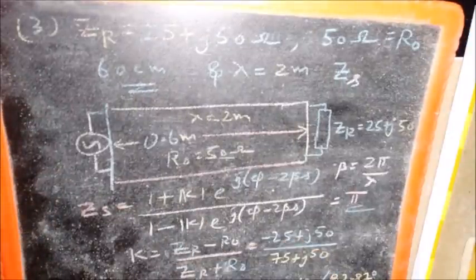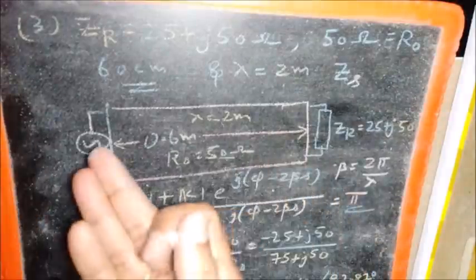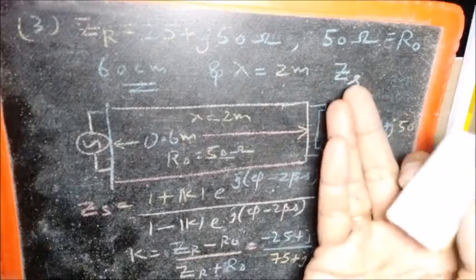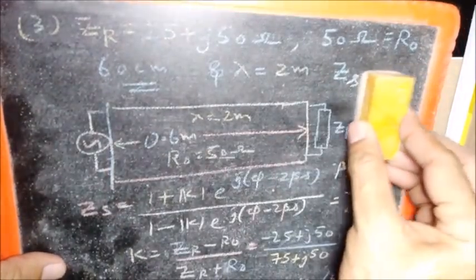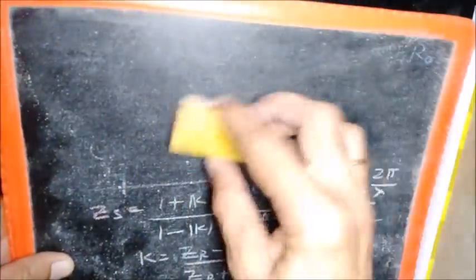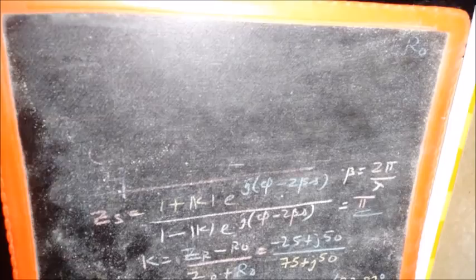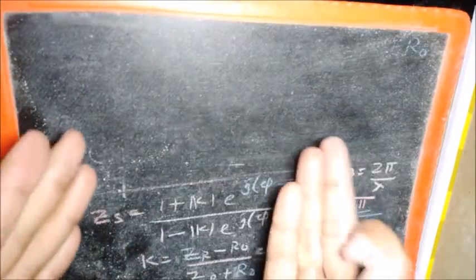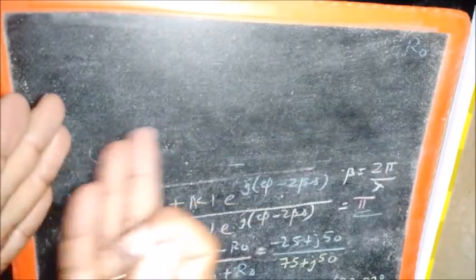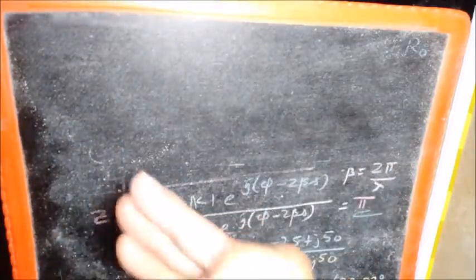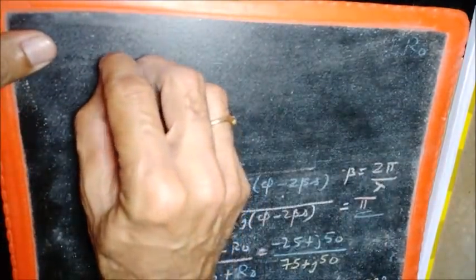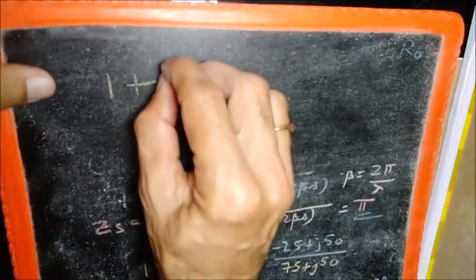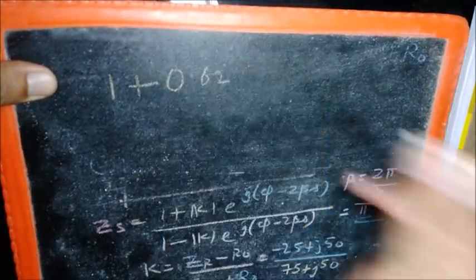So we now have K, we have beta, and we know S. If you substitute now, you will get the answer to the question asked, which is to find ZS at the input. Let us substitute and see how the expression looks. ZS, the input impedance at S equal to 0.6 meters, will be 1 plus the magnitude of K, which we found to be 0.62, so 1 plus 0.62